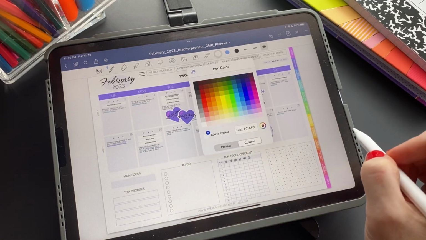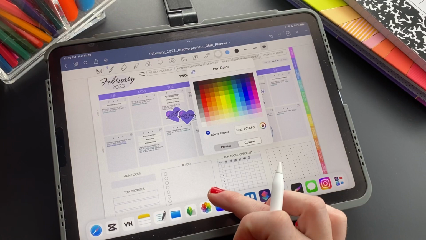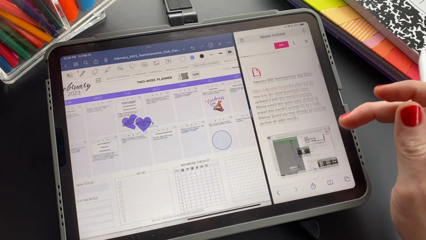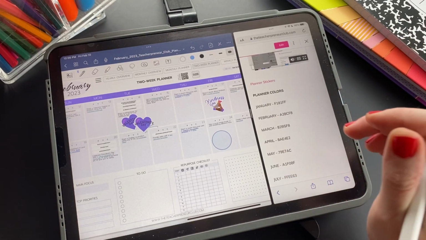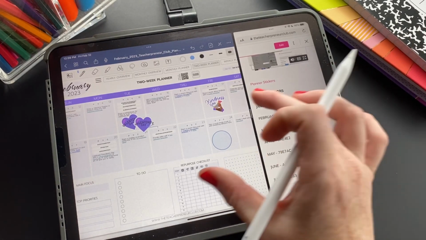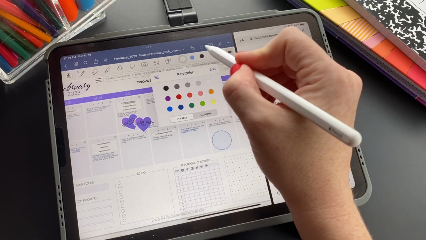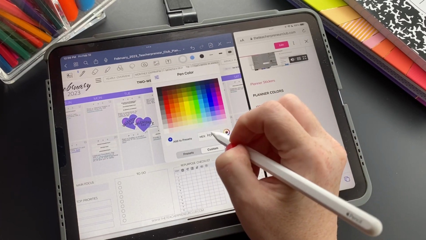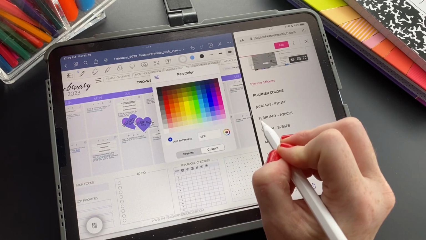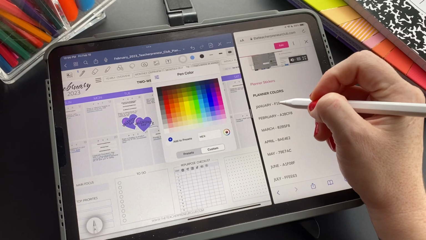So if you want the planner colors to match our planner right here, let's go to split screen with the planner page at the club. And down here, right now, this is where I have the hex codes for you until I find an easier way. So what you're going to do is tap on any of these 3 color icons, go to custom. If you have an Apple Pencil, you're just going to scribble and make sure that it erases that text. And then we're just going to go to the hex code over here,